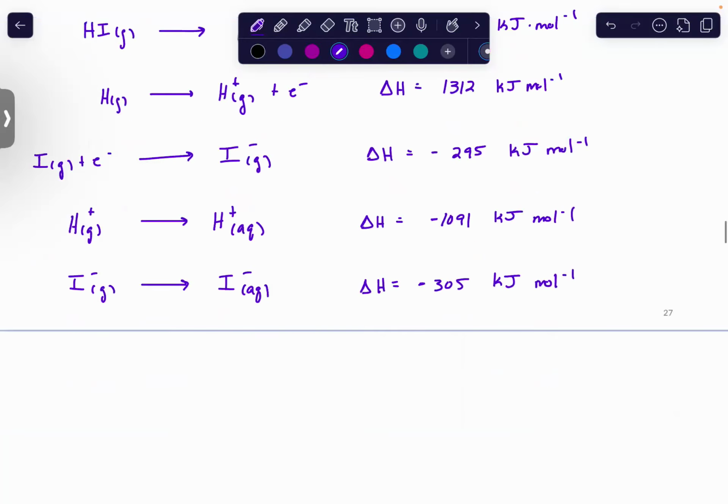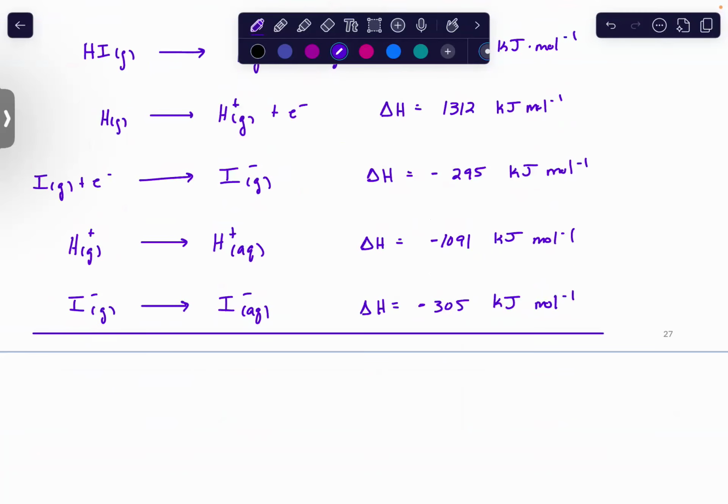All right. And so this is what we're going to add together. When you add the left side, you end up with the acid dissociation. And when you add the right side, you're going to get about negative 0.7 kilojoules per mole. So still a strong acid, which means the dissociation is essentially zero, which we would expect for